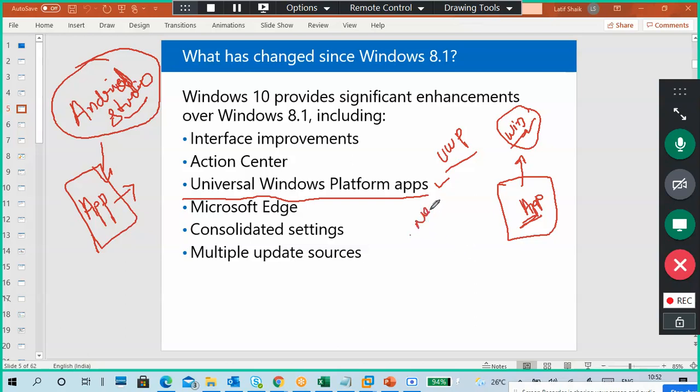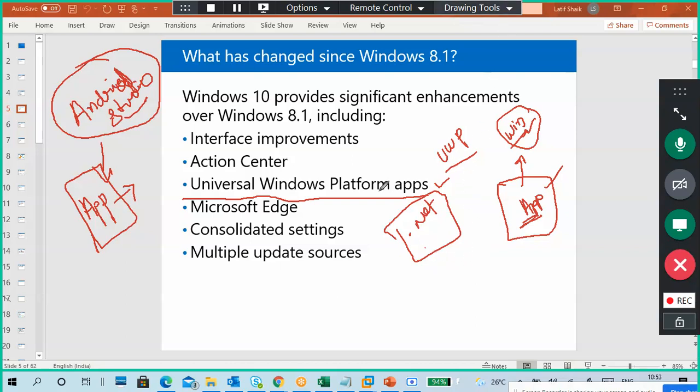One is .NET, another one is not XML, something like an XML type only. So that is what you have to learn. Okay, you can freely learn these things. You can freely learn how to build apps for Windows. Okay, and we can distribute also. So that is Universal Windows Platform.